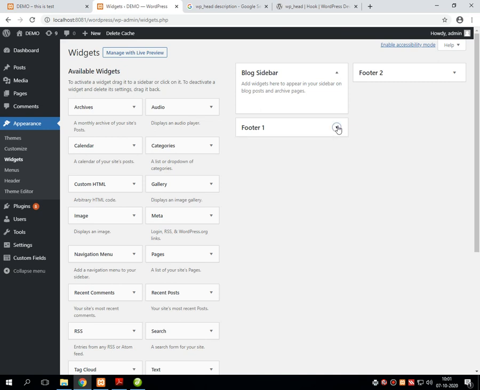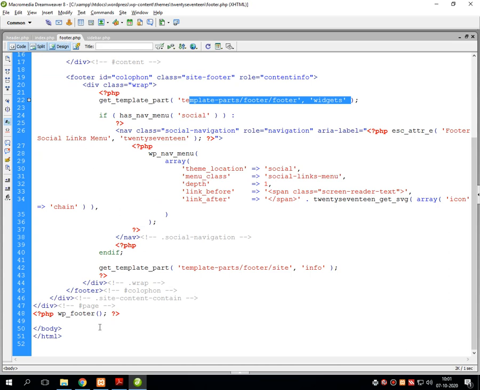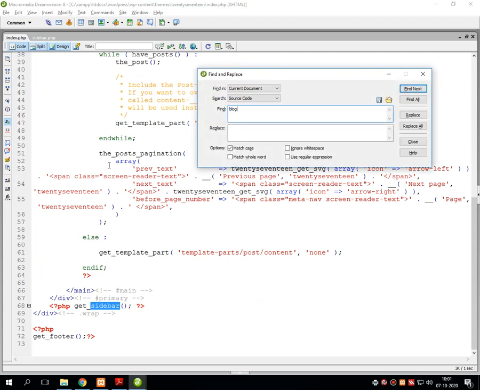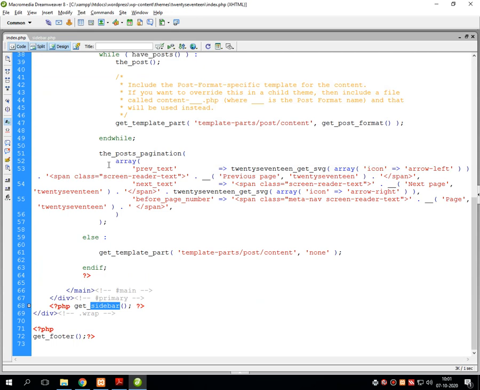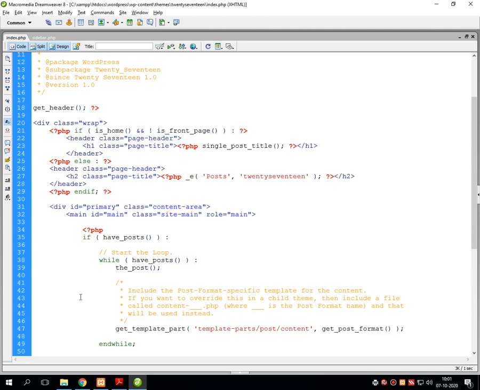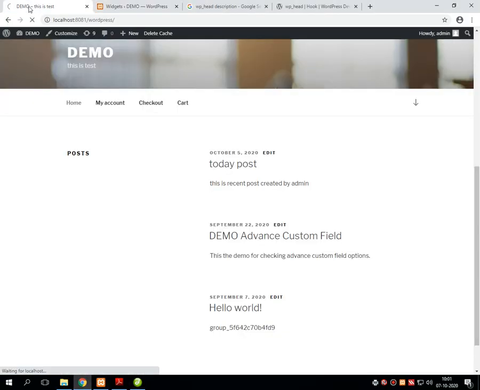No. Blog sidebar. Close this header and footer, it's not important now. Save, refresh.